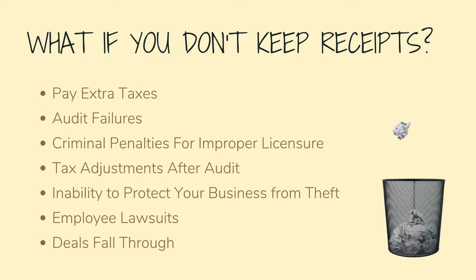Audit failures. Failing an external or internal audit can lead to large fines or even the closure of your business. Improper financial management is the #1 reason new businesses fail. Criminal penalties for improper licensure. Without copies of licenses, a person can face jail time for operating without a proper business license. Inability to protect your business from theft. Without the right paperwork to justify claims, you may not be able to sue someone for copyright infringement or patent